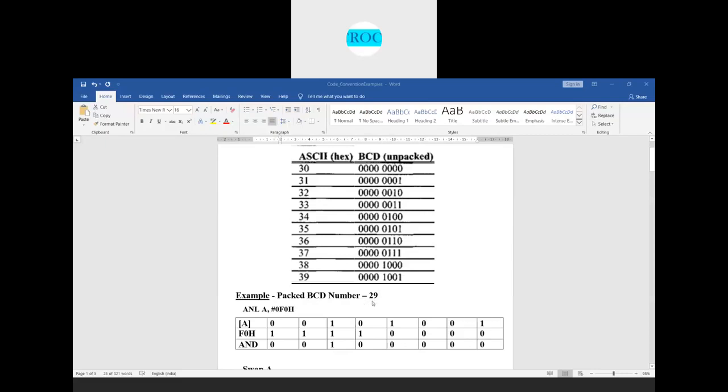What is the unpacked BCD number for 29? 02 and 09. 02 is an unpacked BCD number and 09 is also an unpacked BCD number, right? The packed BCD number is converted to unpacked BCD numbers, and to each unpacked BCD number we add 30, so that we get the equivalent ASCII code, right? This is the logic of converting BCD numbers to ASCII here.